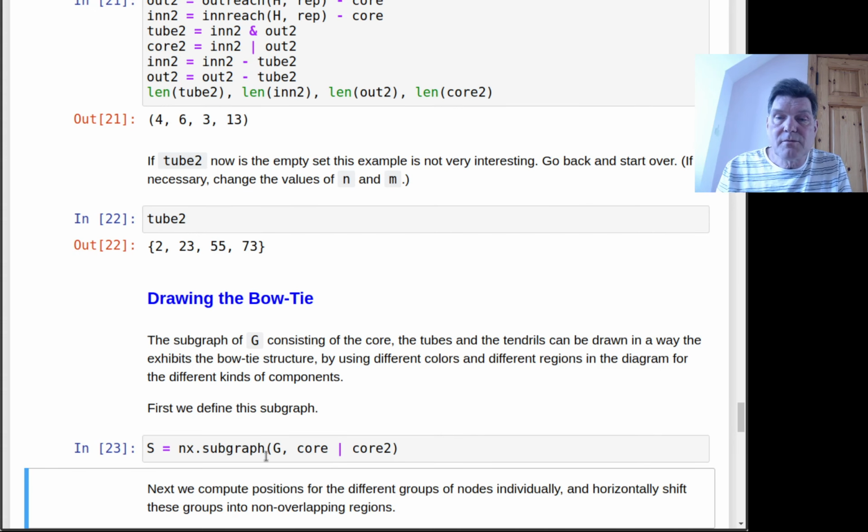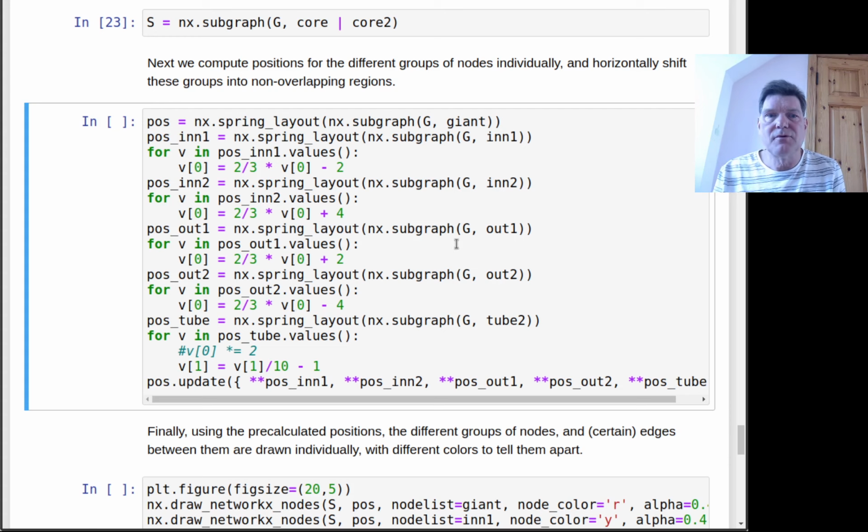Then I use the spring layout function to compute layouts for the individual portions of this graph, in 1, in 2, out 1, out 2, and tube 2, and